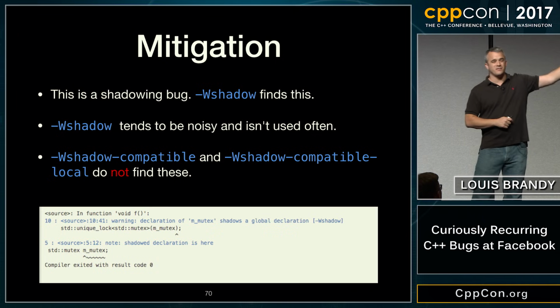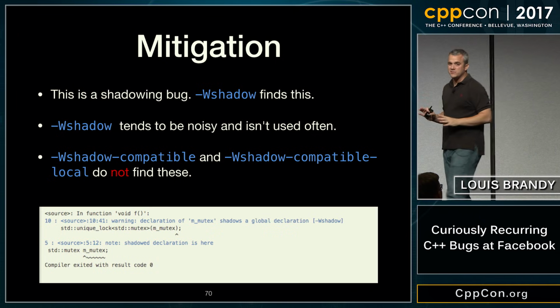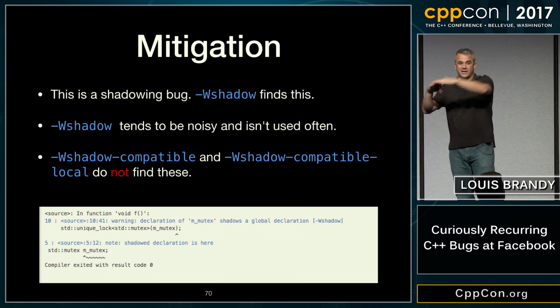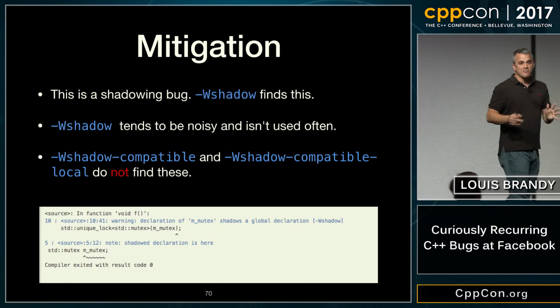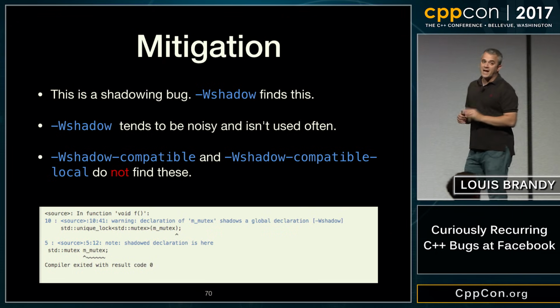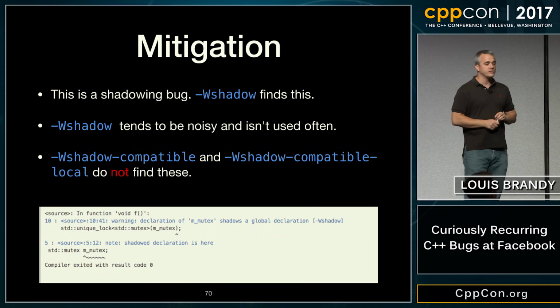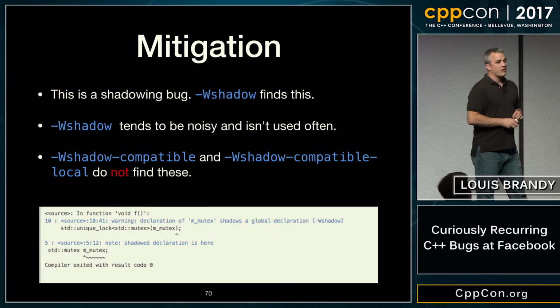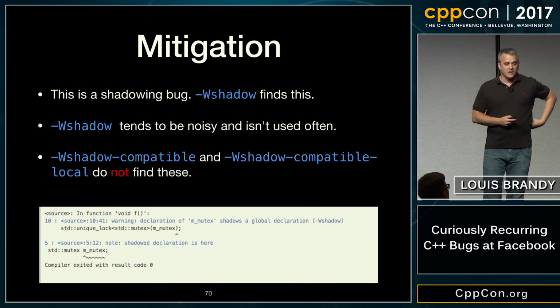You will find all kinds of, if not broken code, like smelly code. Like there's an outer loop using i and a bunch of inner loops using i, and it's like, let's not do that, right? Even if it's not bugged, you don't want to do that, right? So shadow-compatible-local is good. You should turn it on, but it does not catch this. Only -Wshadow catches this bug. So I'm sorry. The story there isn't great.